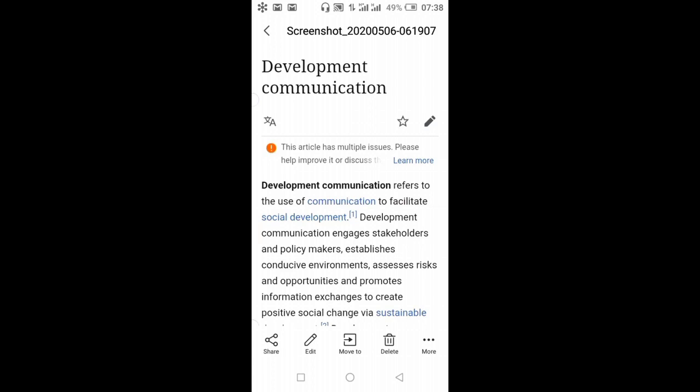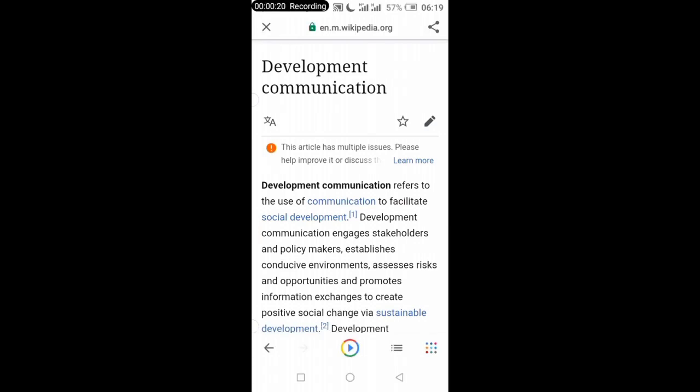So communication for development is all about creating positive social change within a society. Now look at it, an environment where there's no communication at all. That kind of society will be backward. When people are not able to express themselves, when people are not able to talk, because communication is a powerful tool of exchange of information, exchange of ideas. For example, I have strength in a particular field, maybe in the area of food production. You have strength in the area of processing. Now, as a result of communication, we are able to